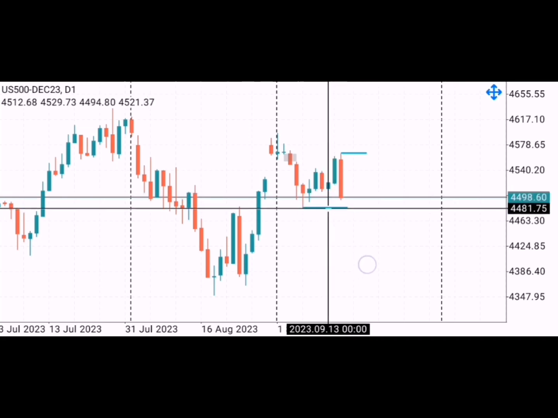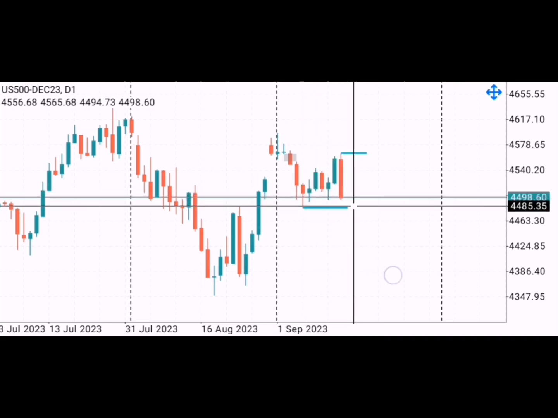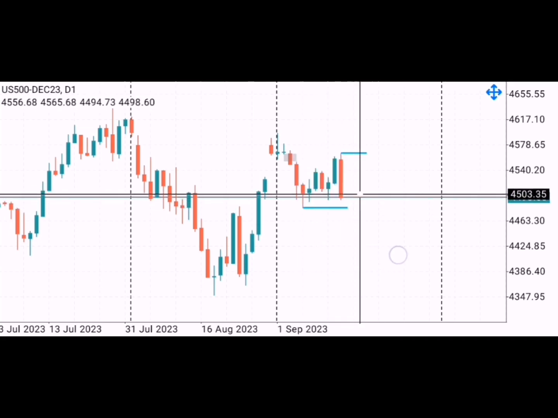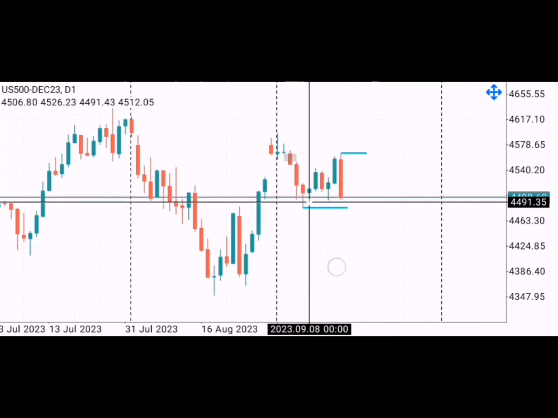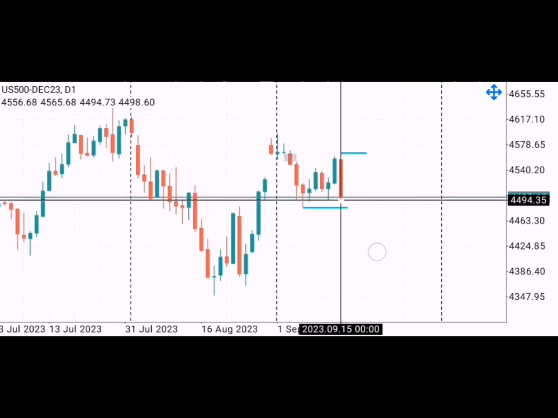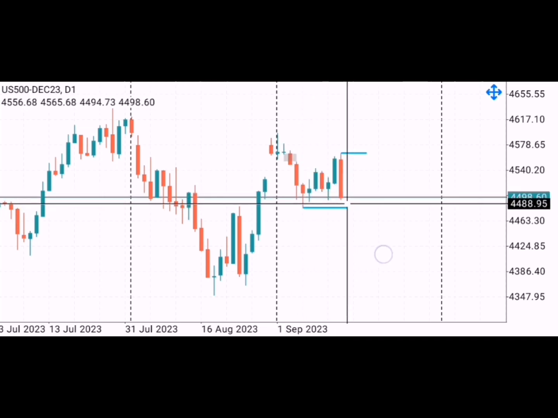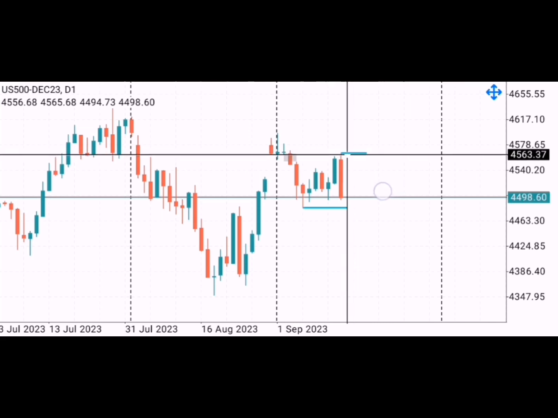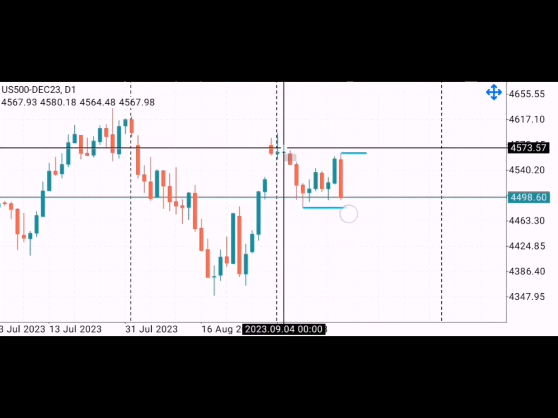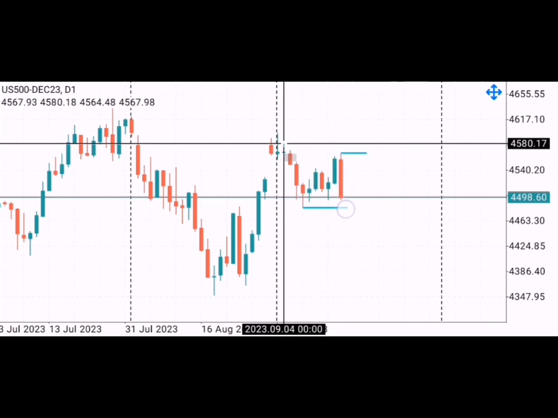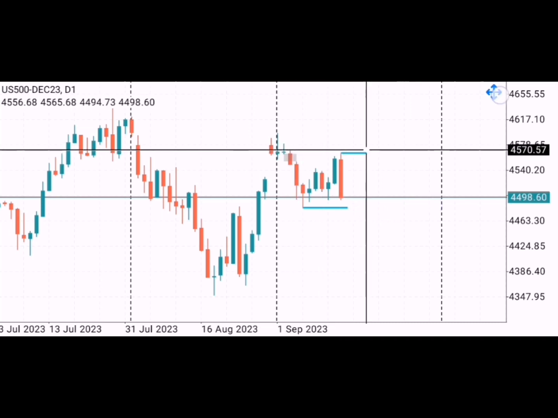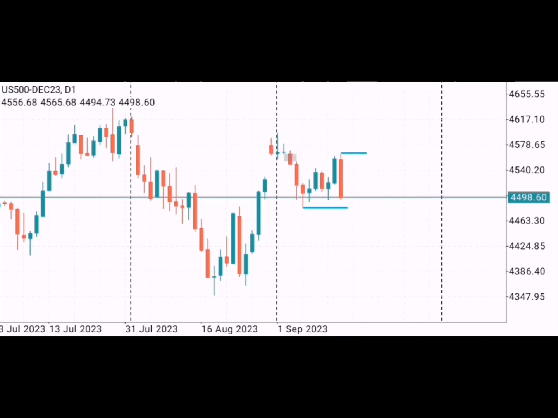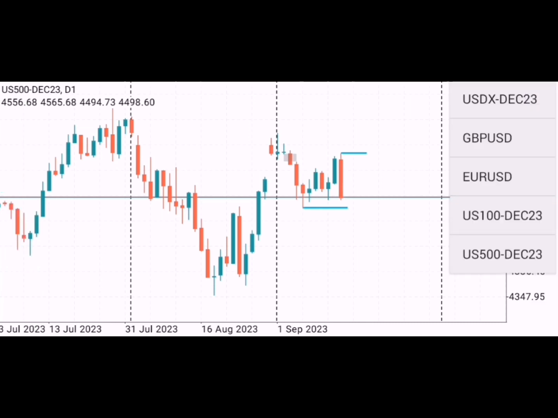Another situation that we can see is for price to begin to reverse right where these wicks are situated, where price is right now, and then we begin to see a shift of momentum to the upside, seeking this high here, and then ultimately this one over here. Without wasting time, let's have a look at another chart.